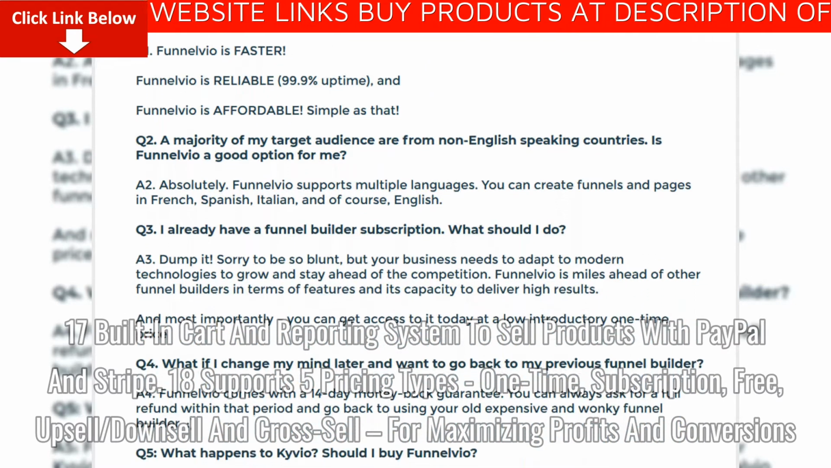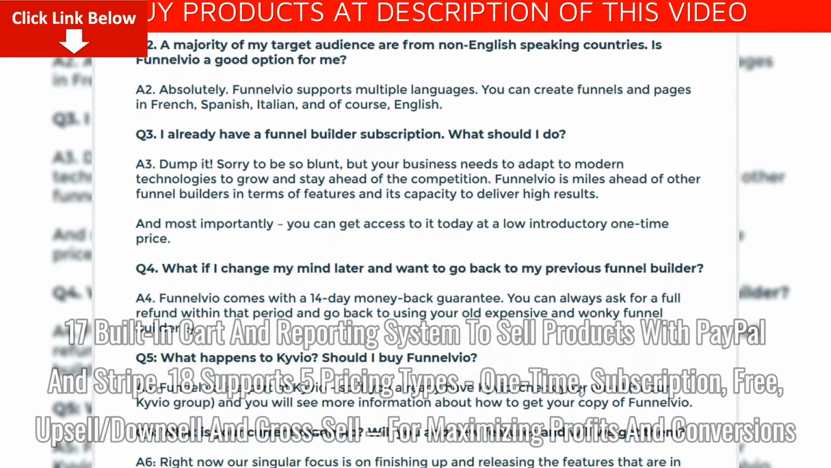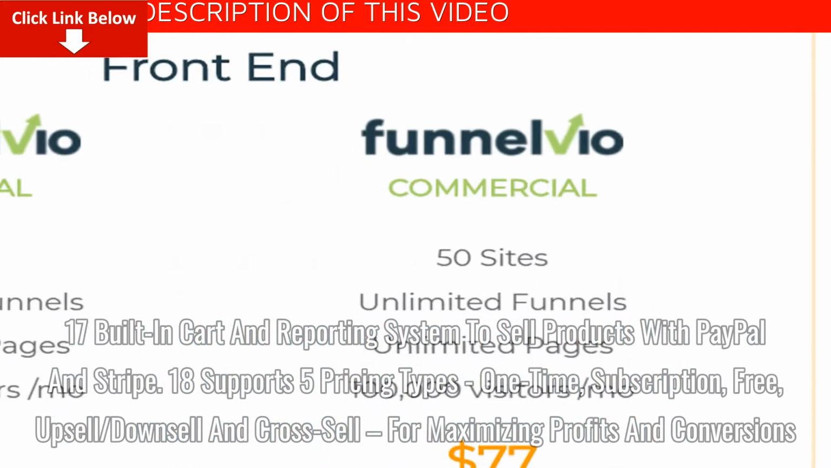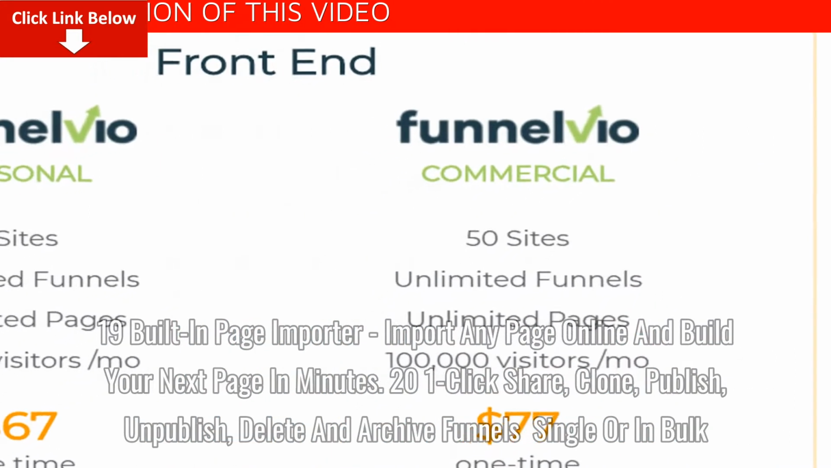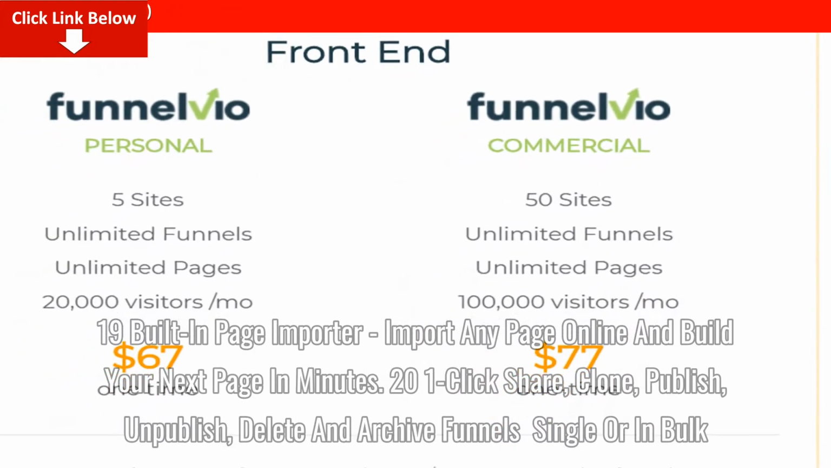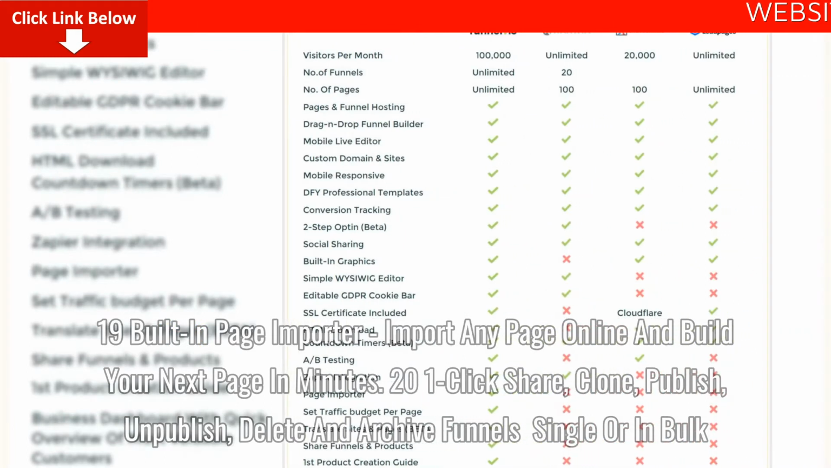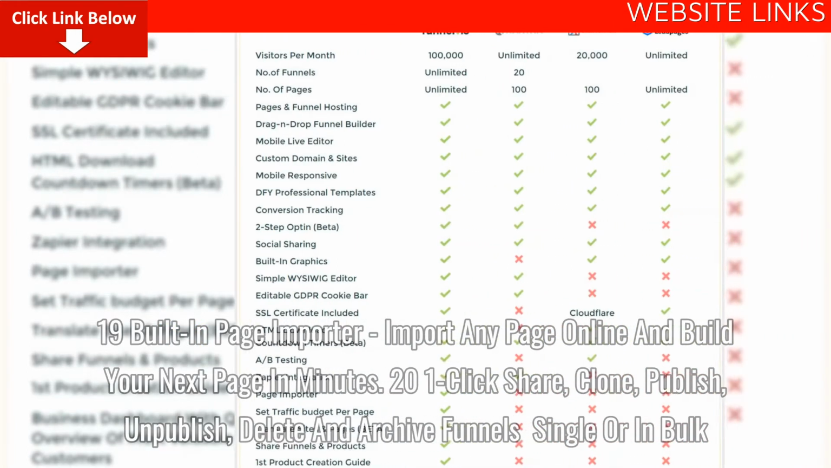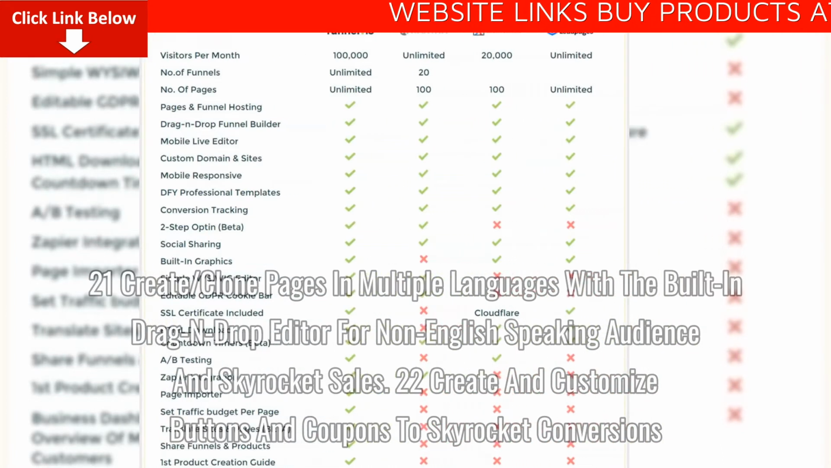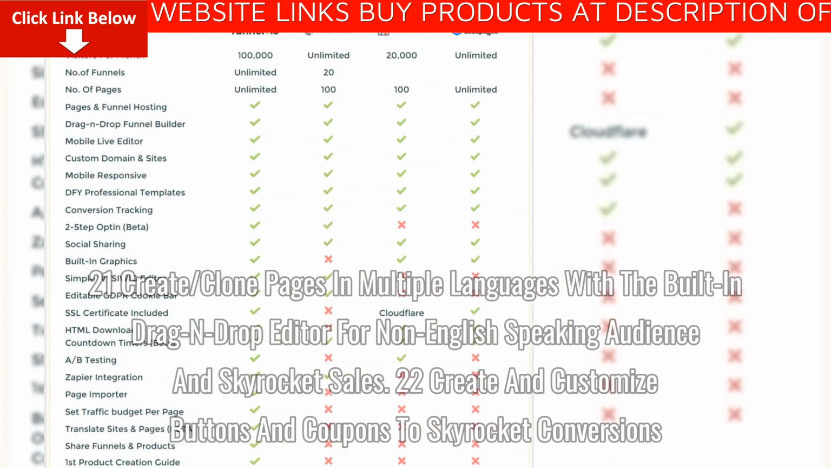18. Supports 5 pricing types: one-time, subscription, free, upsell, downsell and cross-sell for maximizing profits and conversions. 19. Built-in page importer, import any page online and build your next page in minutes. 20. Click share, clone, publish, unpublish, delete, and archive funnels single or in bulk. 21. Create clone pages in multiple languages with the built-in drag and drop editor for non-English speaking audience and skyrocket